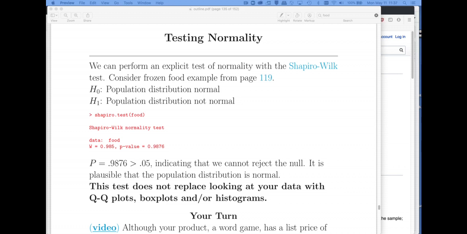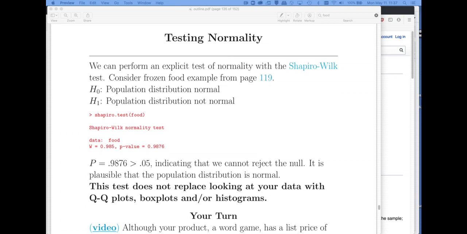We want them to look like a line, but sometimes there's just random variations that don't look like a line. So there are many tests out there that can be used to help us judge whether a QQ plot is really showing non-normality,